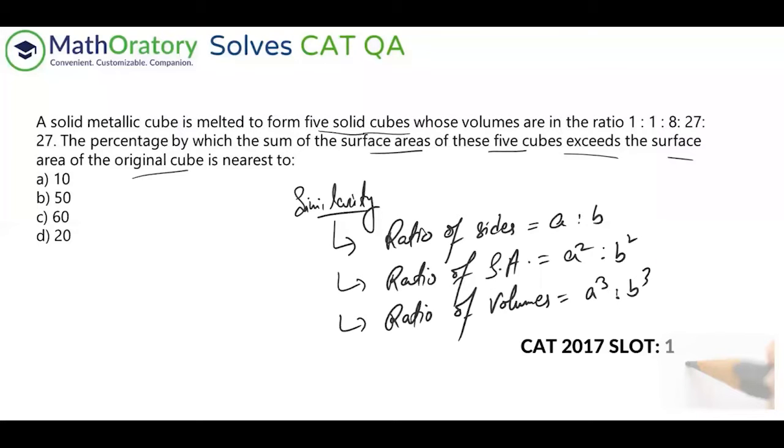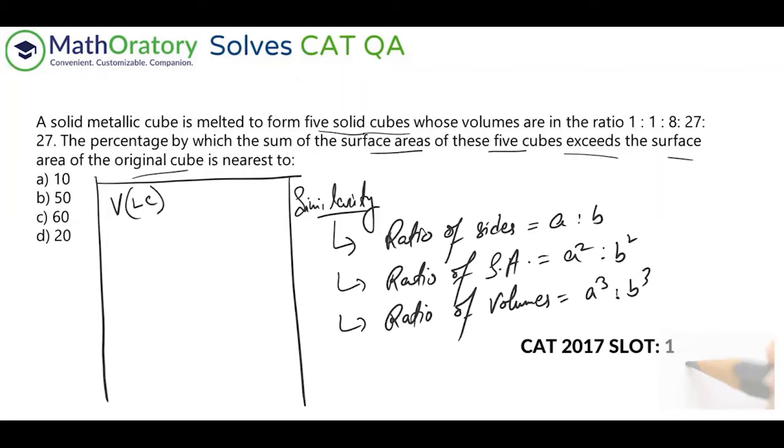So what I'm going to do is I'm going to do it in two parts. So first thing, I'm going to compare the volumes. So what I mean by that is, volume of the large cube and volume of the pieces. So if you consider the volume of the large cube is just one cube, right? So that is the volume that is distributed. So this one is 1, 1, 8, 27, and 27. These are the pieces' volumes. These volumes have come from the large cube, right?